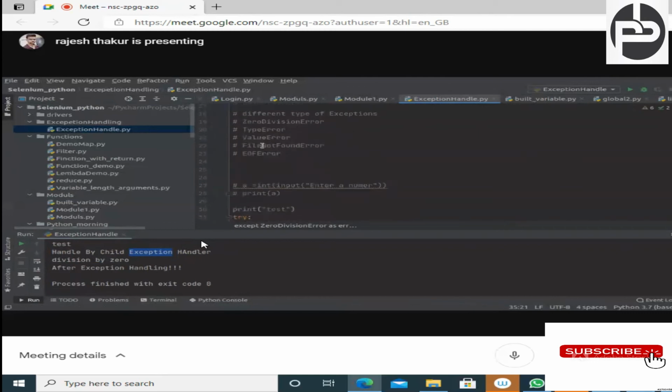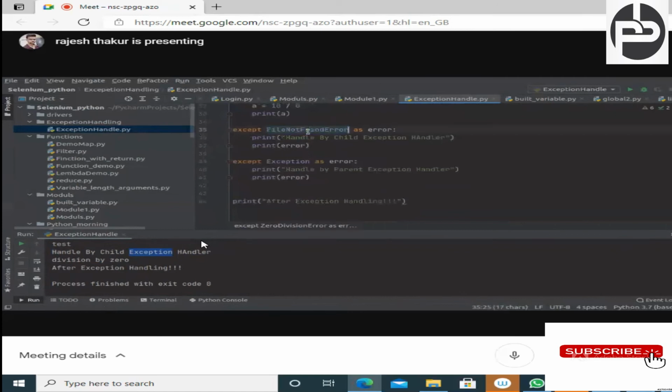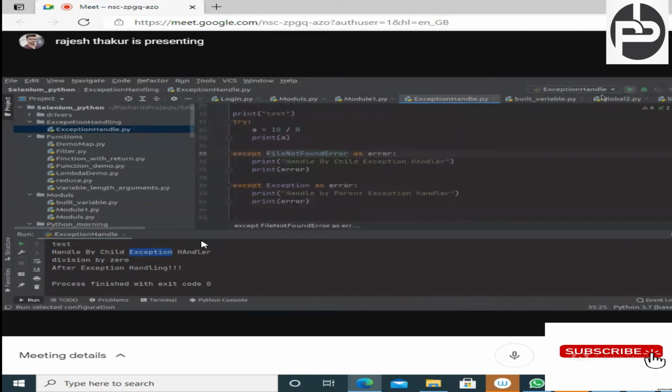Let's suppose it is FileNotFoundError, and you are trying to handle it with this. Does this handler throw this kind of error? No. Let's suppose I am going to execute. Now see, handled by parent handler, right? See this handler, this faculty, its trainer name is X, and he is not able to solve this kind of error, then for sure it will throw this kind of error.